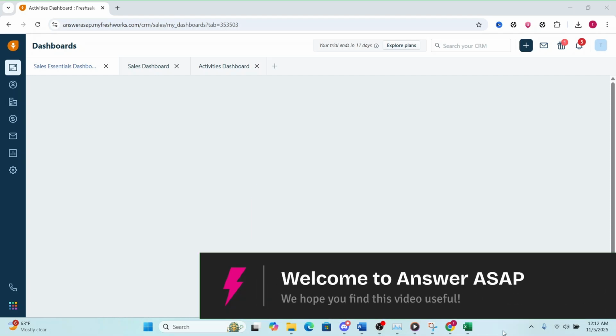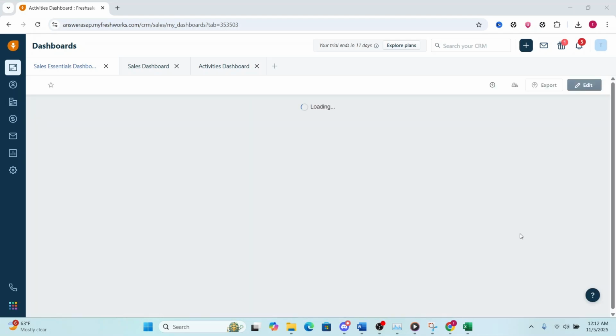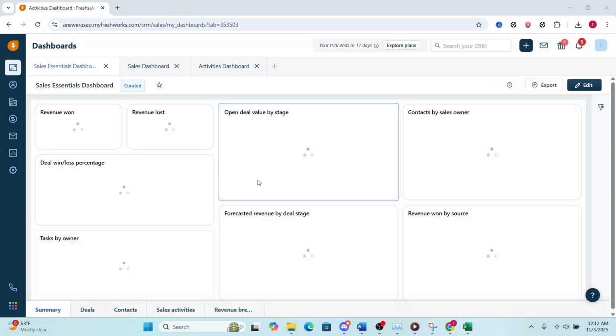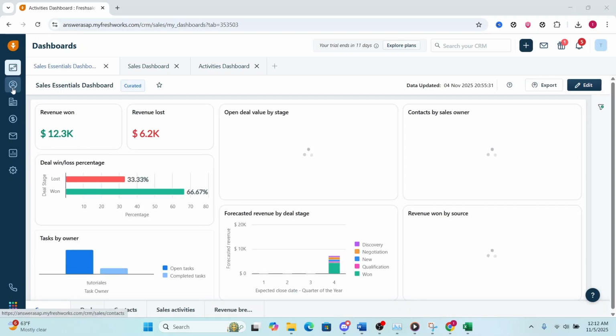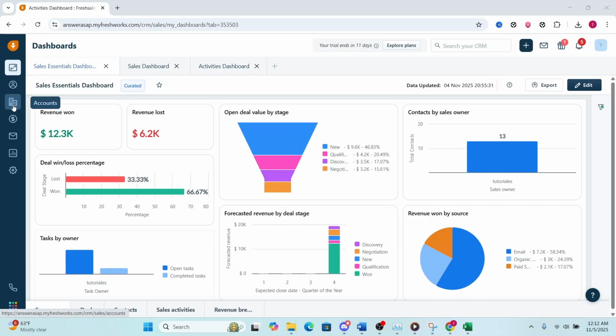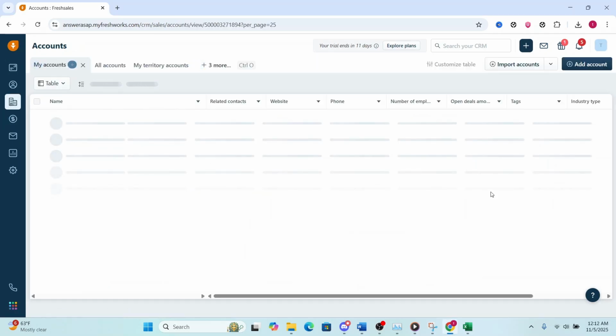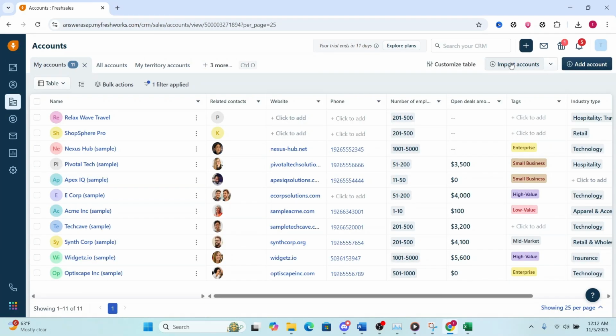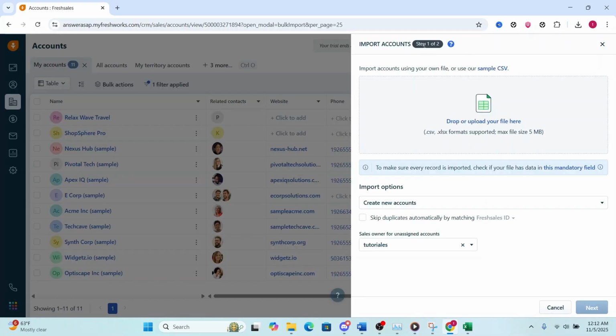Hey guys, in this video I'm going to show you how to import accounts from CSV in Freshsales. The first thing I want you to do is just log into your Freshsales dashboard. From the left hand panel, click on this icon to access the accounts section. And then here at the top right, you can click on import accounts, and then we'll be here on step